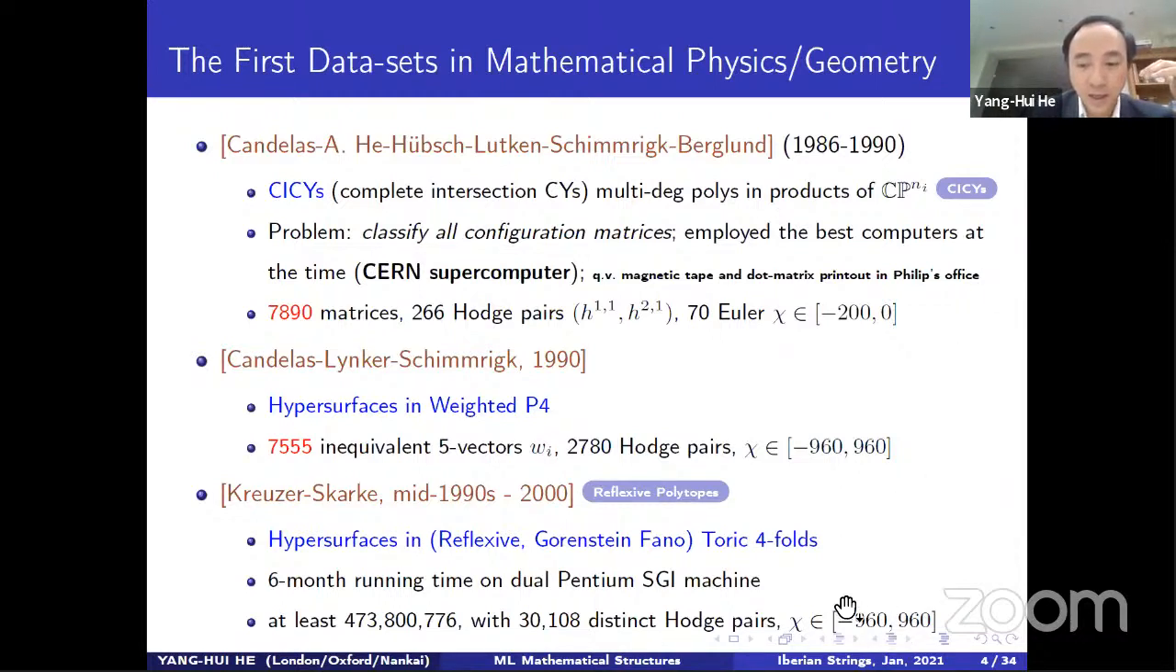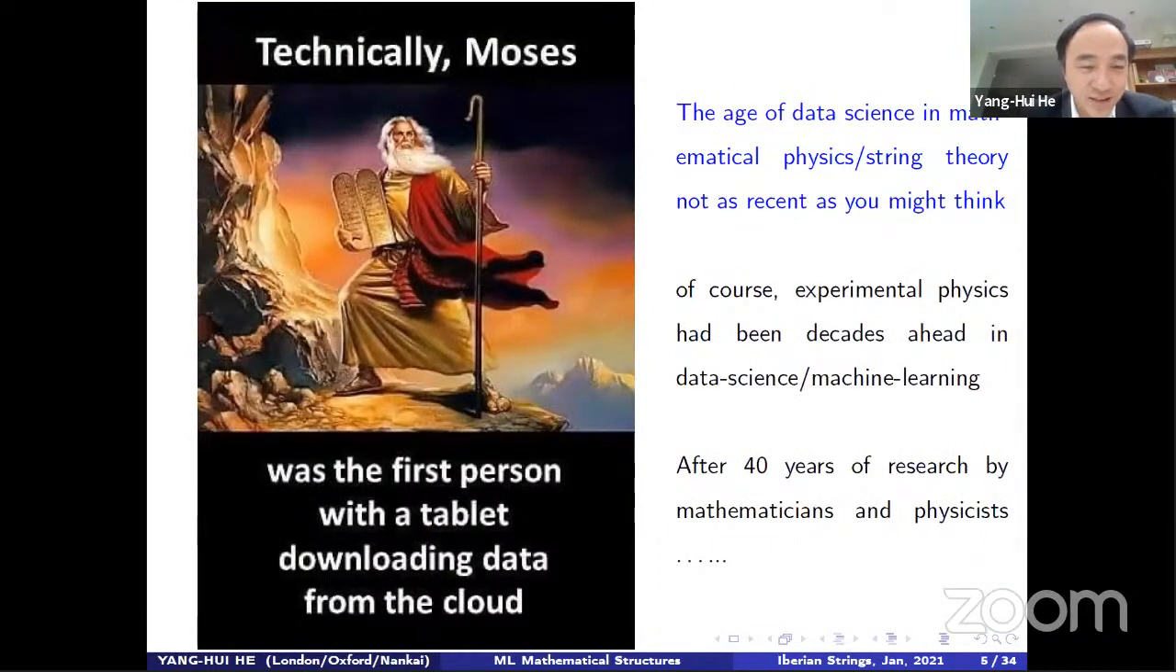Again, you see the highest one is again 960. I got this from the internet. I love showing this thing. So the age of data science is actually much earlier than you think in mathematical physics and in theoretical physics. This is what we do these days. We download data from the cloud. So if you want to know more about this story,